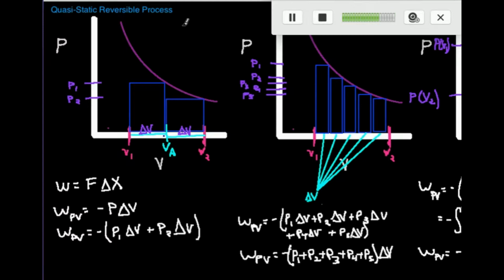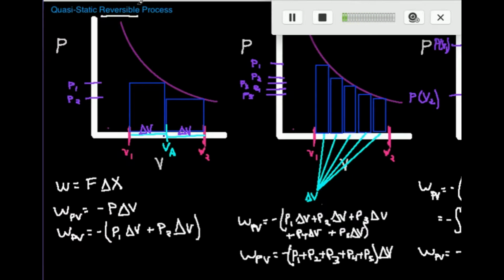Alright, so in this video we're going to talk about something referred to as a quasi-static reversible process. And most of the time that you talk about these processes, you just call them reversible. Now, what is a reversible process? A reversible process is one process in thermodynamics that maximizes the total work possible in a given